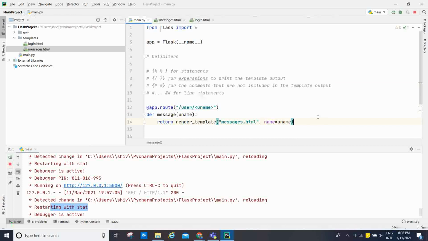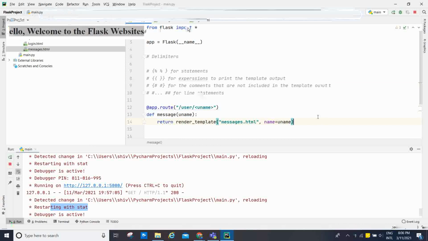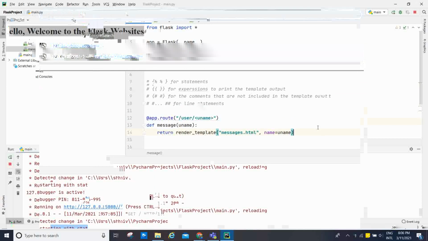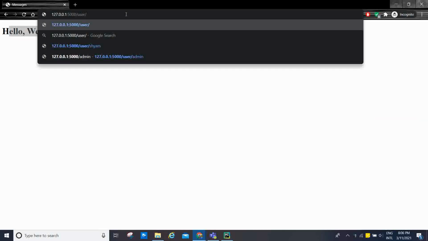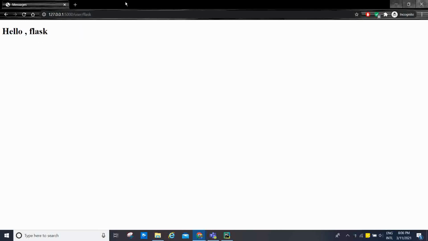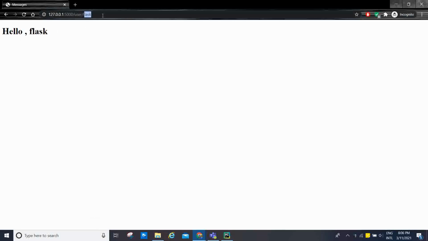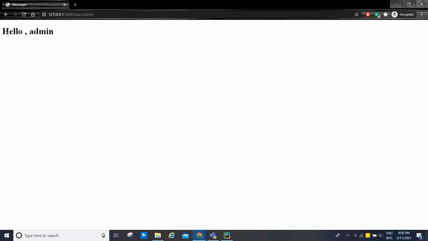Now what output will we get? I am going to use /user/flask, and enter: hello flask. This is clear. Whatever we type here, we print here. Instead of flask, we say admin and enter, then it will say hello admin.